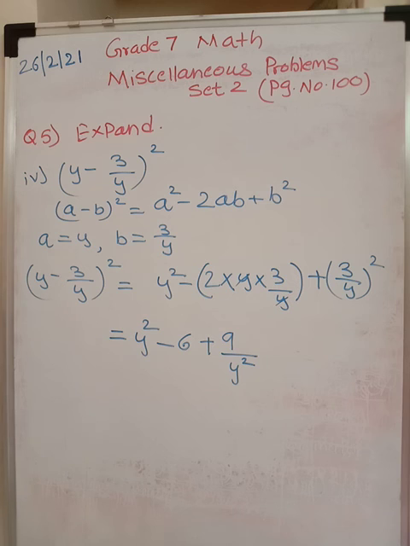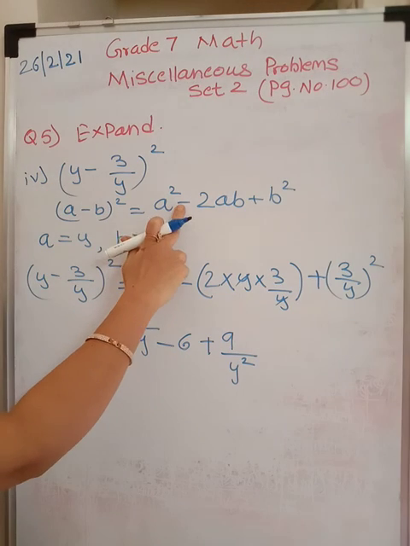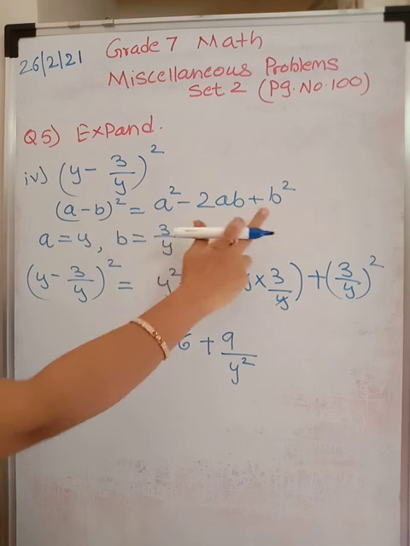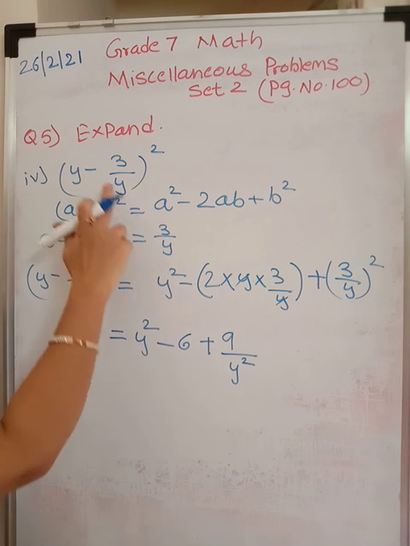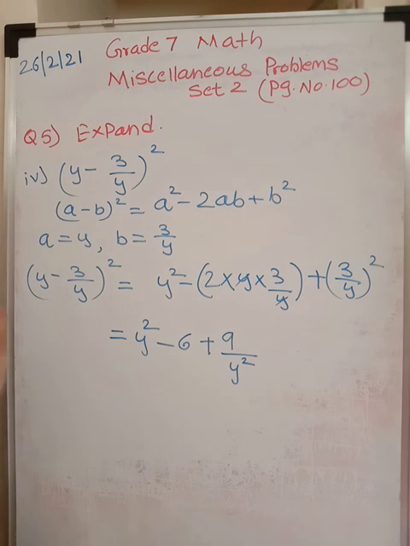I hope it is very clear and you just have to substitute in your formulas, nothing else. Just take care of the minus sign. The minus sign is already taken care of in the formula. So when you take the value of b, do not take it along with this minus sign when it comes to this formula.